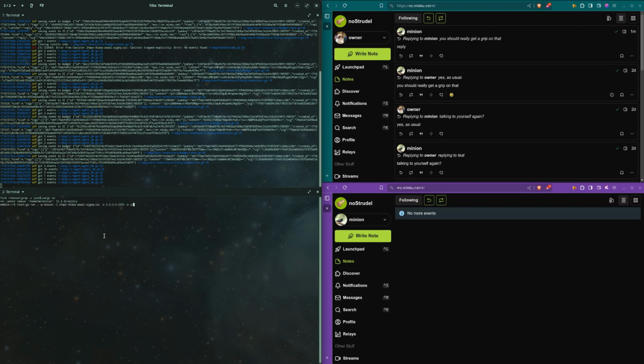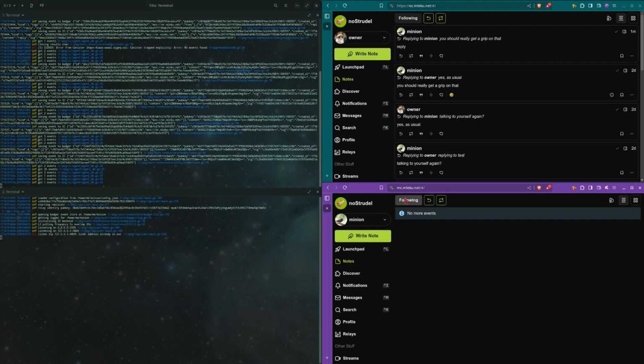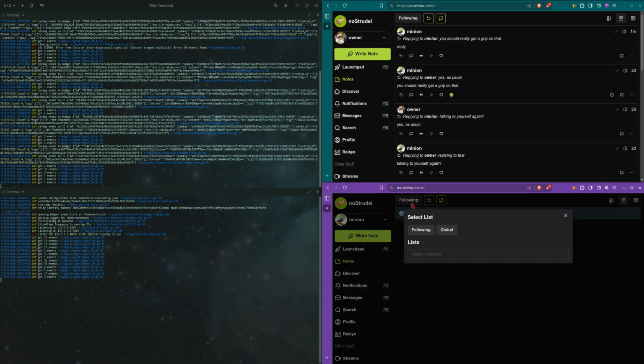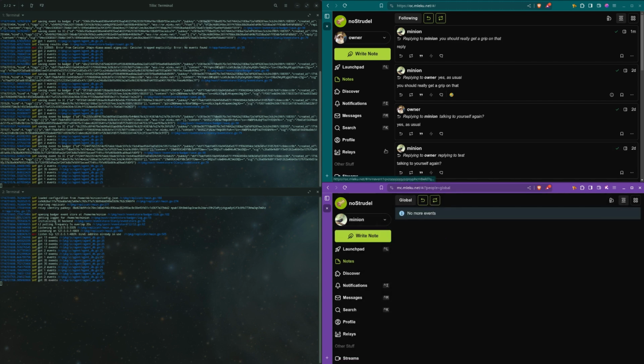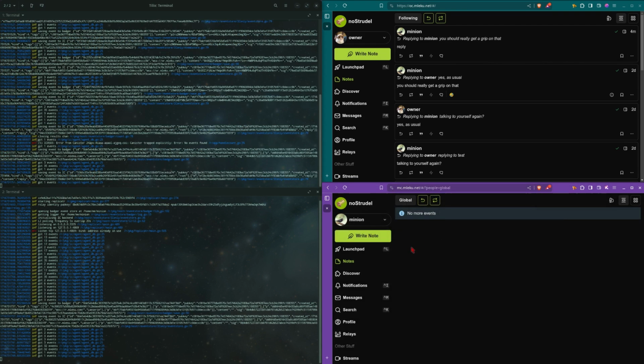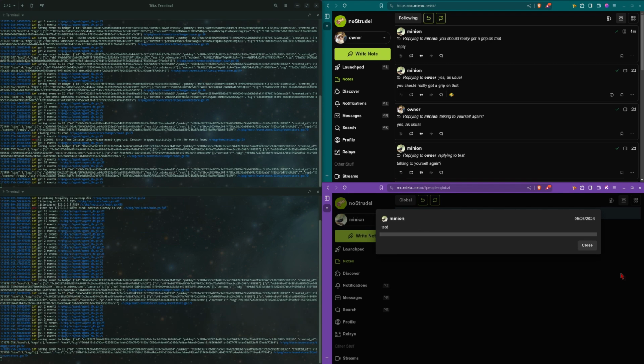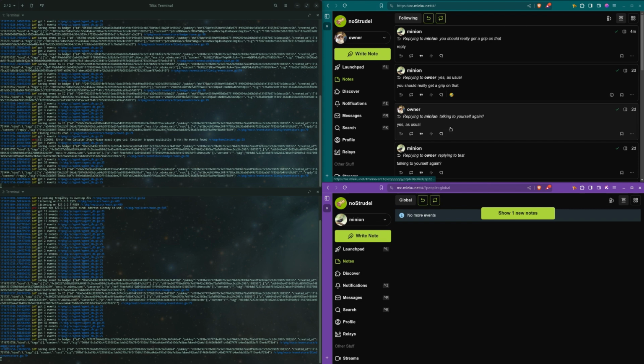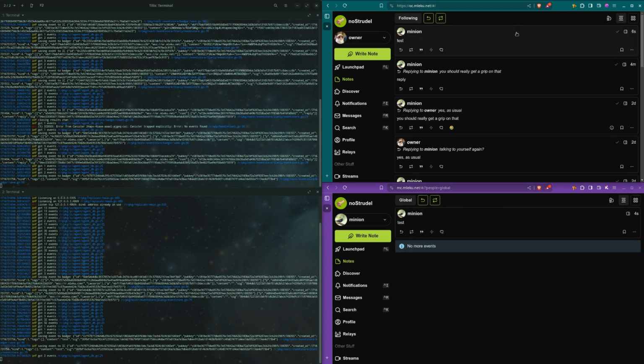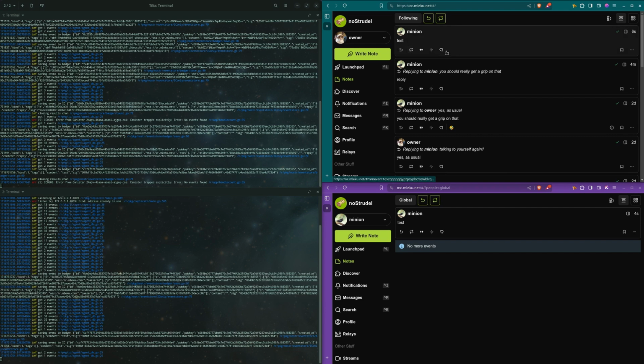Now, in front of us, we have 4 different panels in 4 different corners. On the left side, we have 2 terminals that are each running a separate instance of the replicator relay. Now, both of these replicator relays are a part of the same replicator relay cluster, such that both are using the same replicator canister on the back end to synchronize. Now, because the bottom client is connected to the bottom relay only, and the top client is only connected to the top relay, they should not be able to see each other's posts. But the bottom user posts, and almost immediately the top user is able to see it.